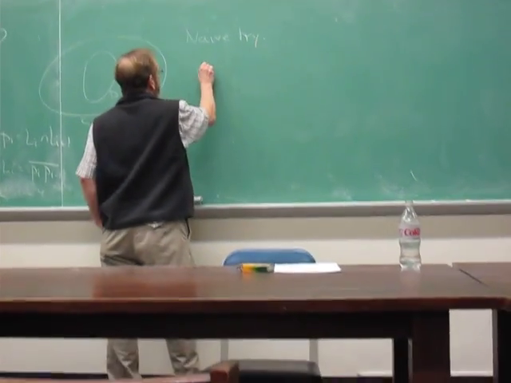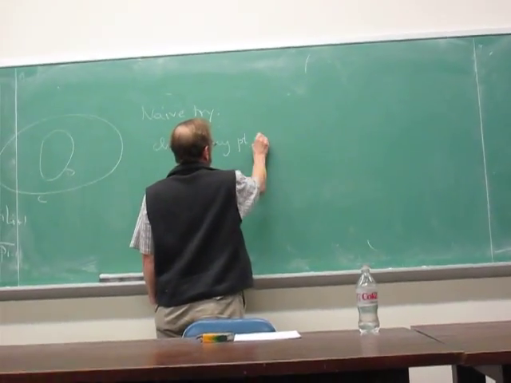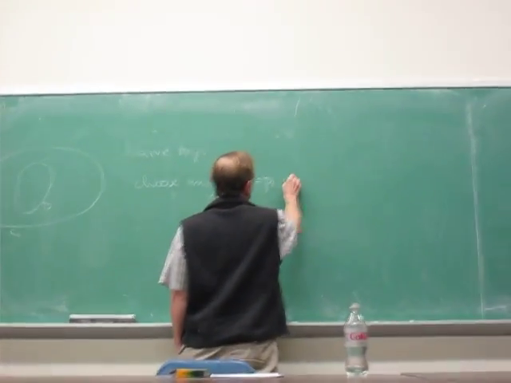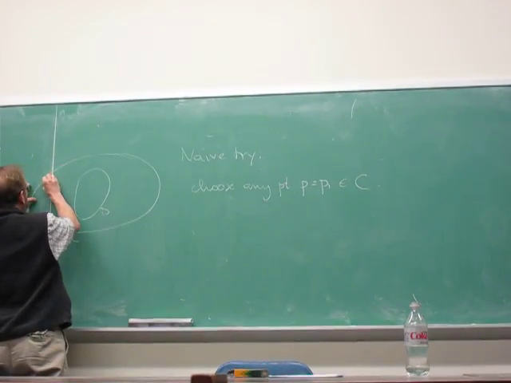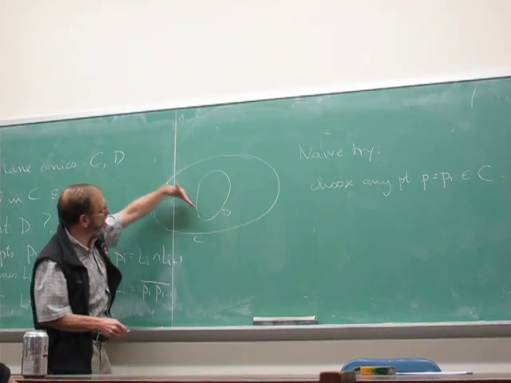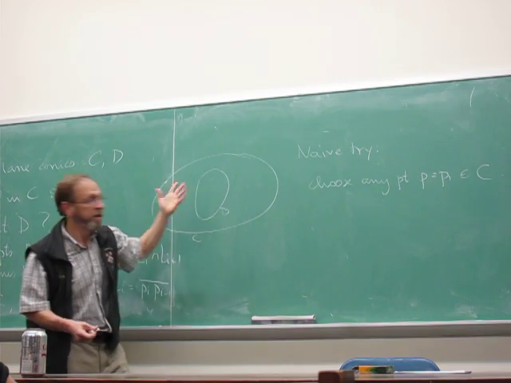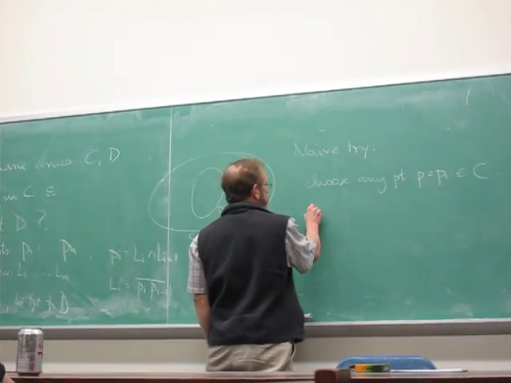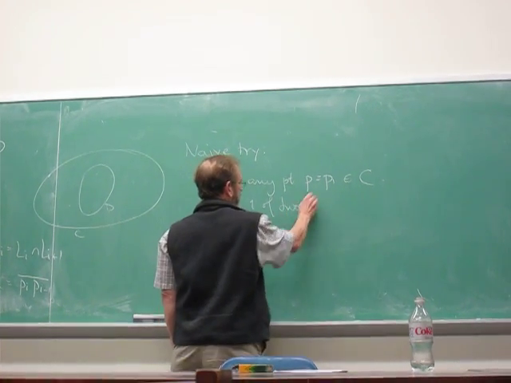You just simply choose any point, P, and we'll call that P1 on the curve C. That's this picture, the outer curve. Now, if I have a point on C, you can see that there are two tangent lines to D issuing from that point. Okay, so we just choose one of the two tangent lines